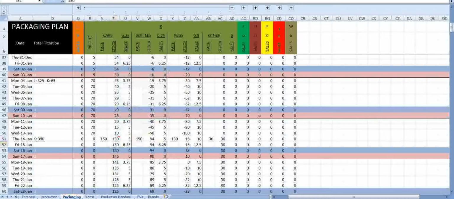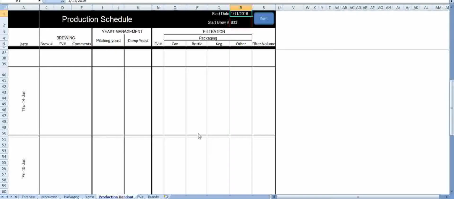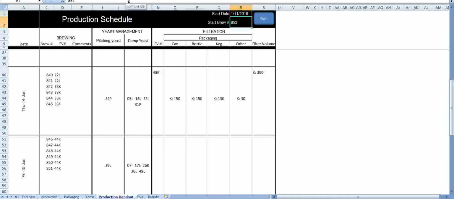After having planned the week's production, we'll need to have printouts for the staff to follow. Let's flip over to the production handout form now. Here, we'll have to enter the first day of the week. In this case, it'll be January 11th. As you can see, the form will populate itself given the date, including the brewing schedule, the pitching schedule, the yeast to be dumped on those given days, the filtration,